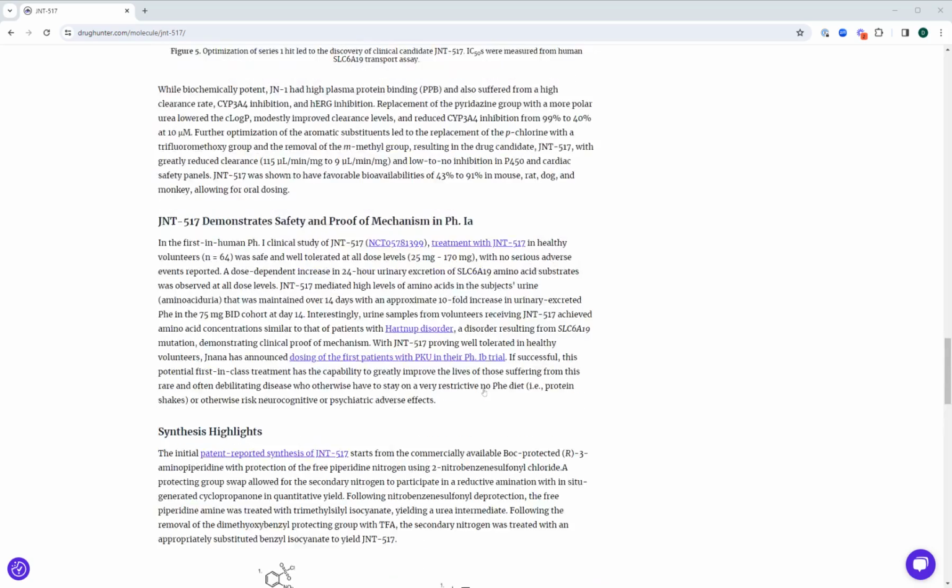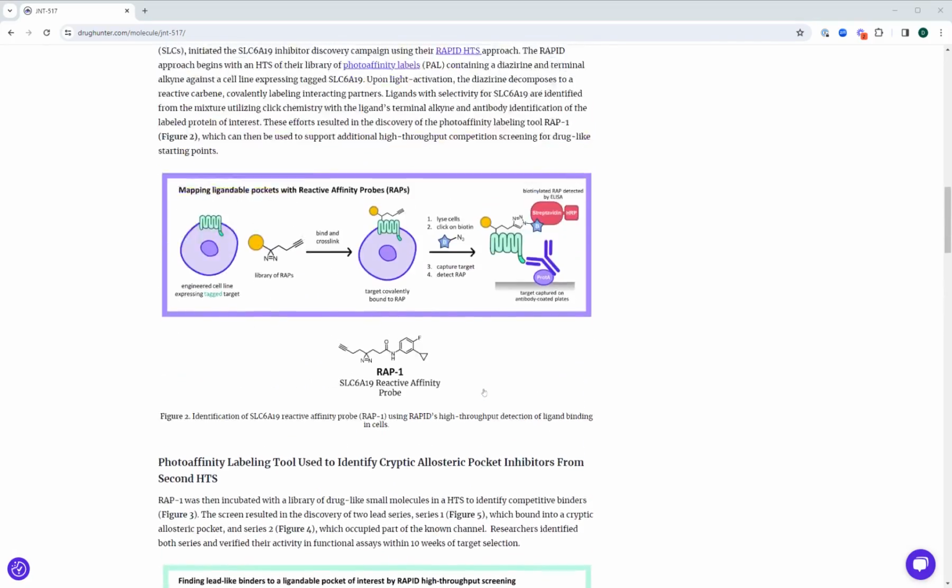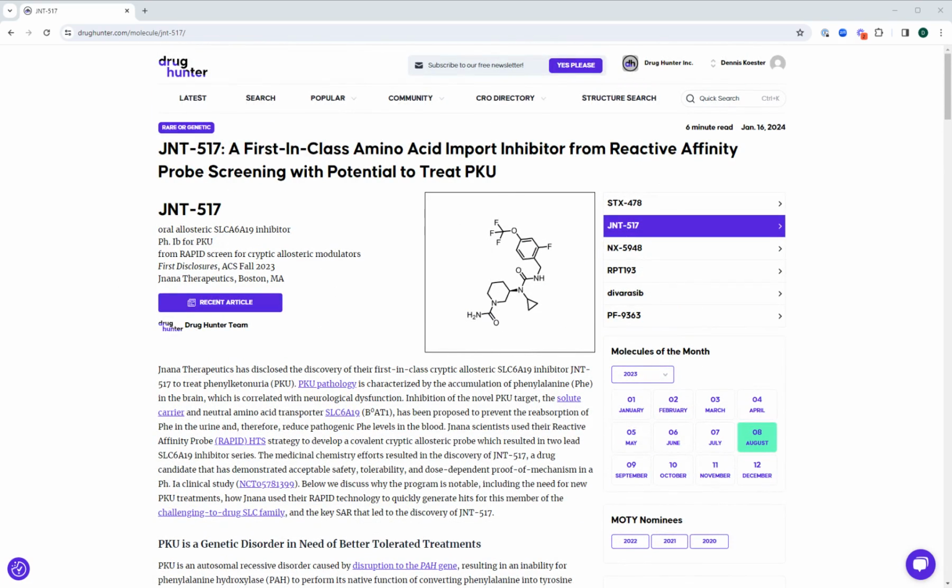So, when possible, we will also reach out to experts in the field or inventors. This particular article was actually reviewed by Dean Brown of Jnana Therapeutics, so that gave us confidence that we can publish this article. I would argue that these types of articles would significantly accelerate your learning.